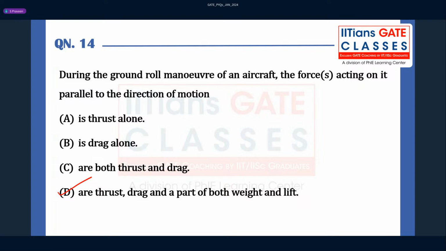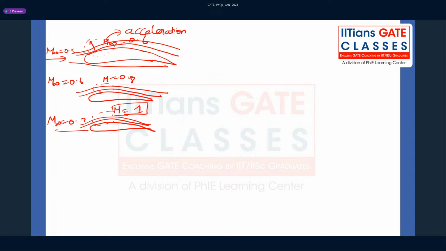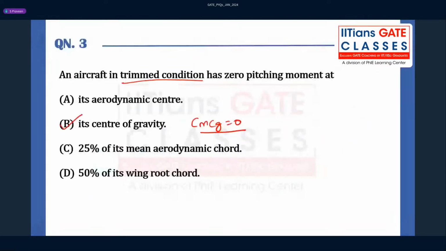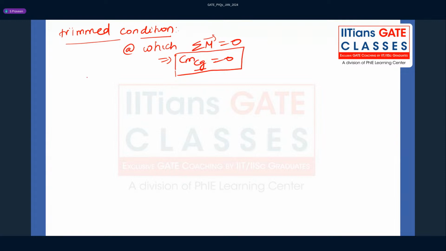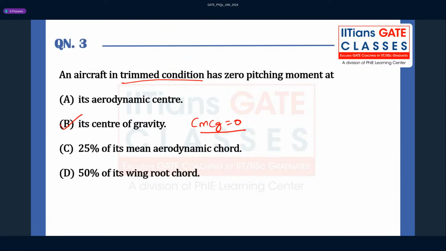Okay, right. Let me go back to the first question. An aircraft in trimmed condition has zero pitching moment at dash. A trimmed condition is one in which your summation of moments is zero. So if moment is zero, the coefficient of moment has to be zero, and about which point? About the CG, right? So the C M CG is zero. If I go back to the options, this has to be the correct one, the center of gravity. Okay, so this is the first one. Hope you understood, Mukund. And if I go back to the next question,